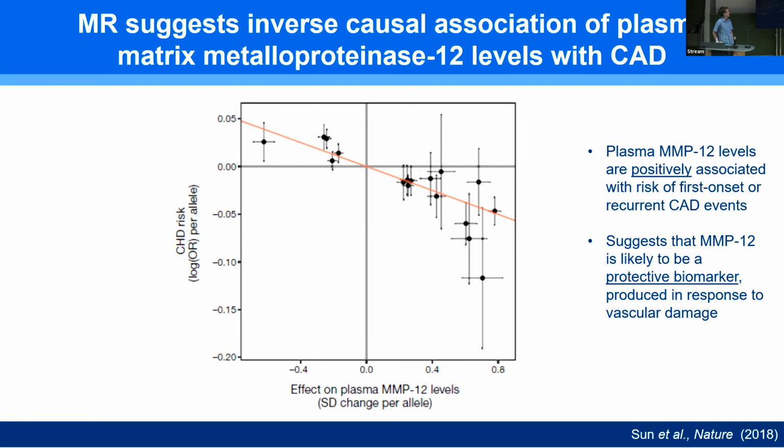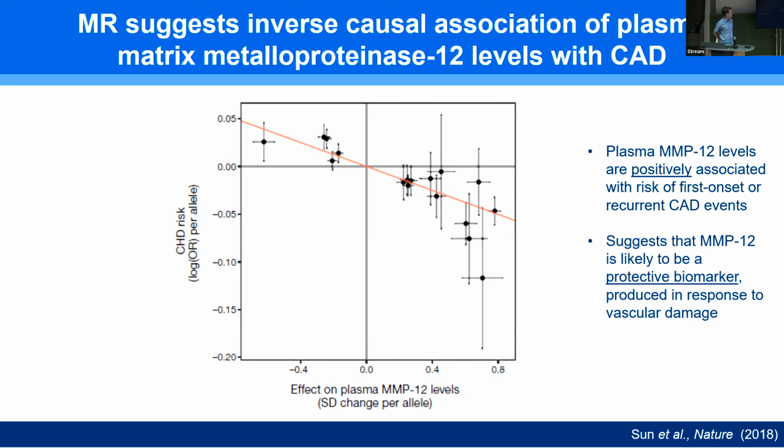So if you happen to inherit a genetic variant that gives you high levels of MMP12, you seem to have lower risk of heart disease. And this was quite a surprise to us when my PhD student first showed me this plot, because the literature that had looked observationally showed that people who have higher levels of MMP12 have higher risk of future events. And so initially we were checking we'd got things the right way around, the right genotypes, the right alleles, the right beta coefficients, etc. But actually the latest